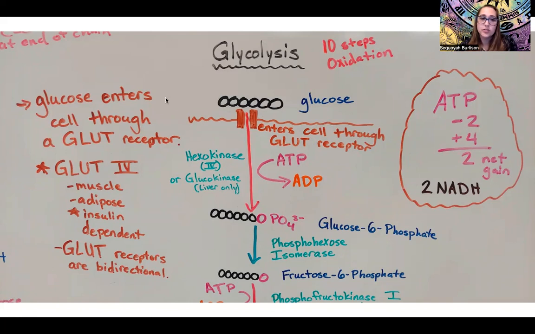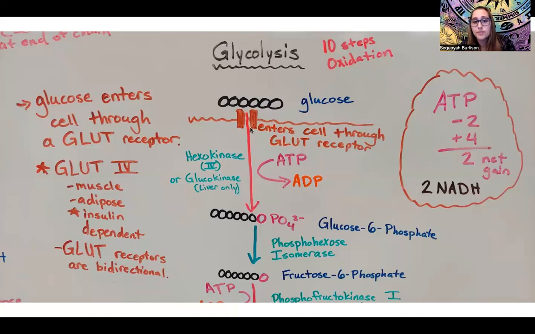The glucose enters the cell through a GLUT receptor. There are 4 different types of GLUT receptors, each specific in their location and their job. But GLUT4 is the only one that is insulin dependent, while the other 3 are independent of insulin. GLUT4 receptors are only found in muscles and adipose tissue, though. While all 4 types of GLUT receptors are indeed bidirectional, only glucose in its natural state can go either way